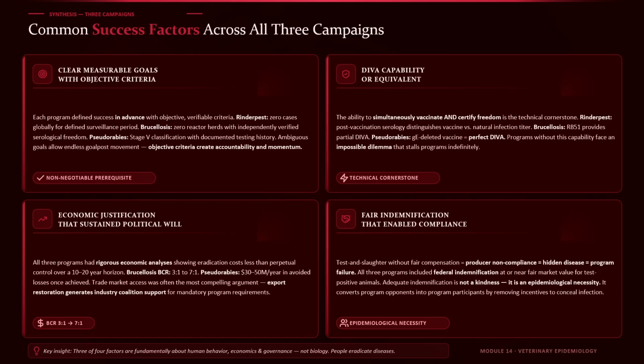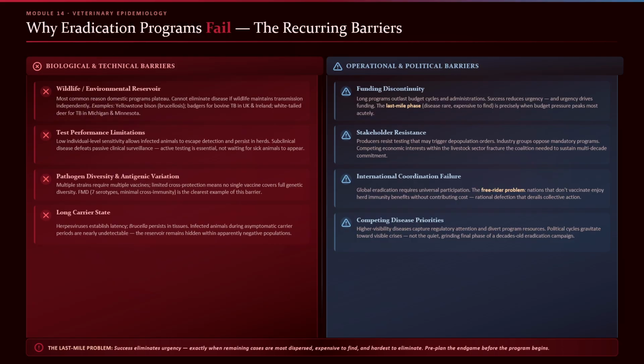International cooperation and shared surveillance. Disease does not respect political borders. Information does, unless we build systems that share it. Strong stakeholder engagement. Producer buy-in is not optional. Compliance drives the program. Enforcement alone never wins. We've spent a lot of time now on successes and near successes, but we learn just as much, perhaps